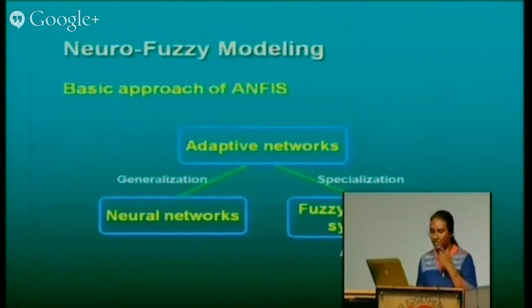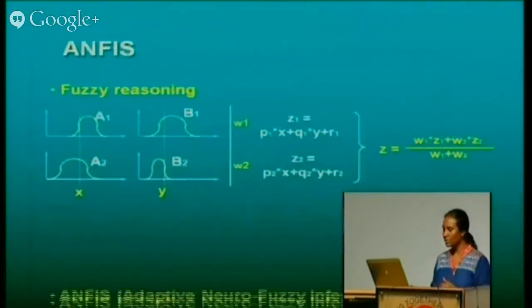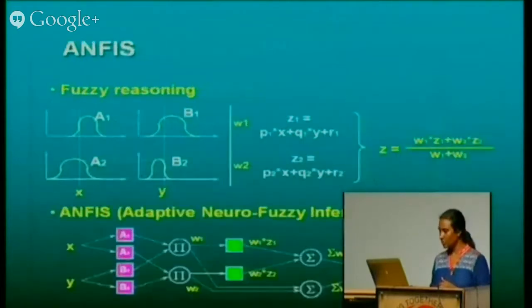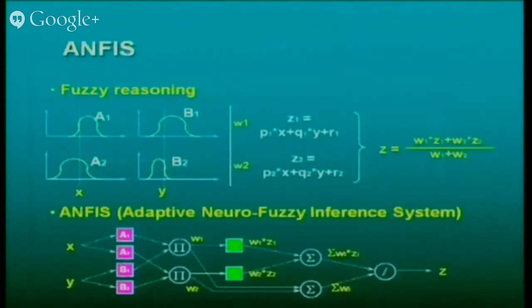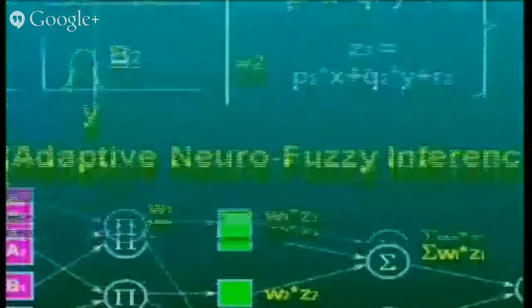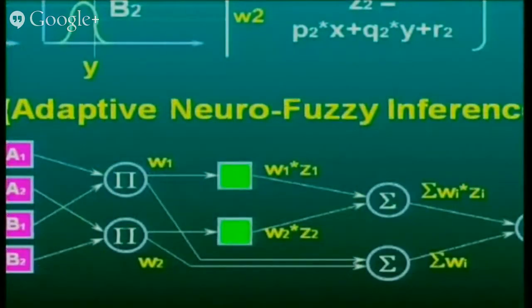So the adaptive neurofuzzy inference system, you know all these things. Mainly I just want to tell about this diagram. Here you can see this is the adaptive neurofuzzy inference system. This is the block diagram. In this, the structure is similar to that of a neural network. One second. The structure here is similar to the neural network.